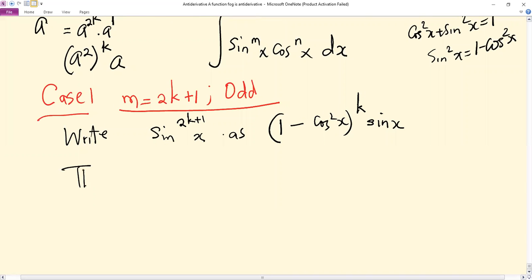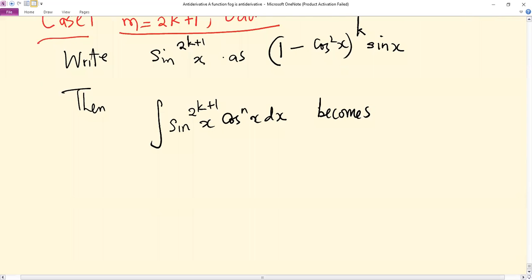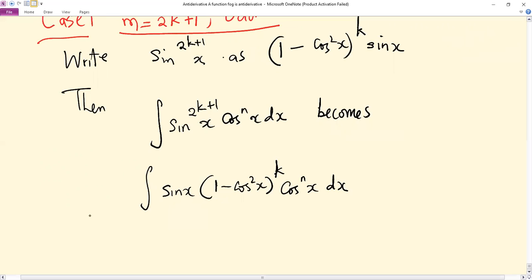Then the integral of sine raised to power 2k plus 1 of x, and then cos n x dx becomes, remember 2k plus 1 is the value of m, the integral of sine of x into 1 minus cos squared x raised to power k times cosine raised to power n of x dx. And then you substitute